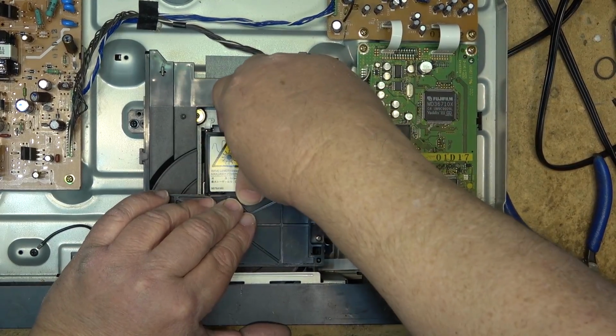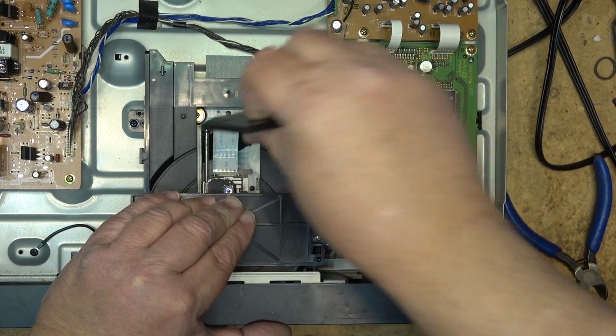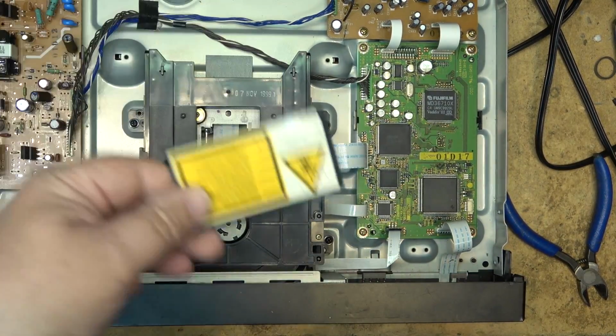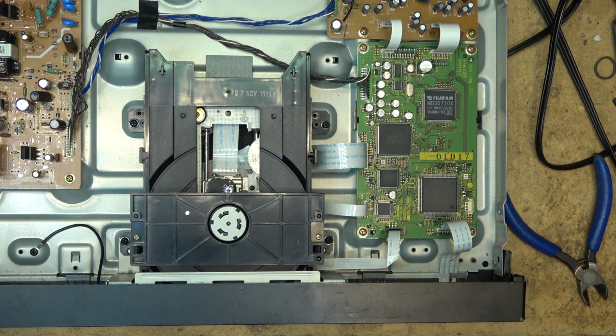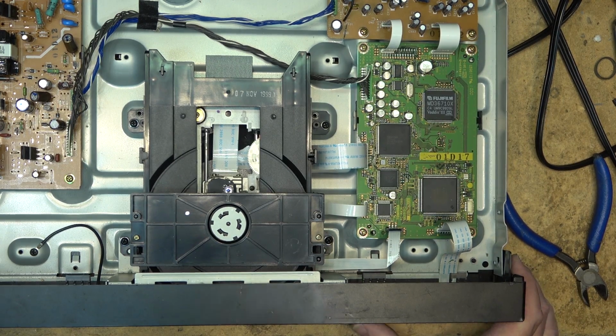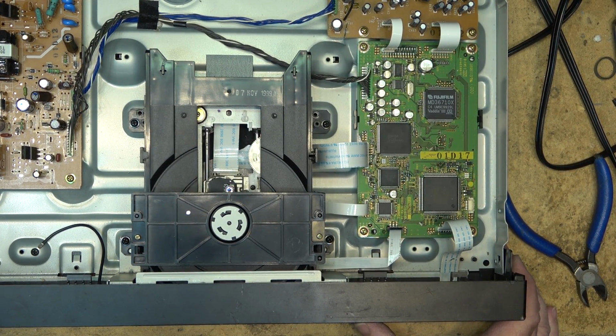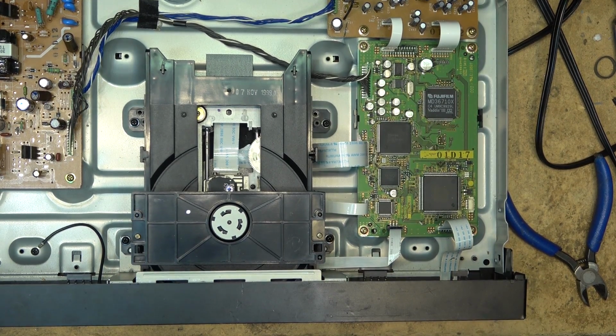We want to get a better look. If I break this cover off, now we can see the laser, because this is what was there to shield your eyes from it, which we don't care about eyes. Everybody's got two of them, right? So there's the laser, right? So we put in a regular DVD,